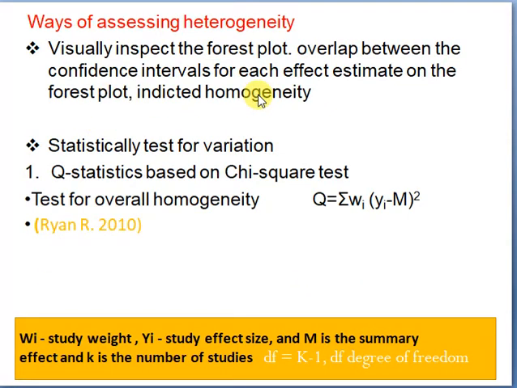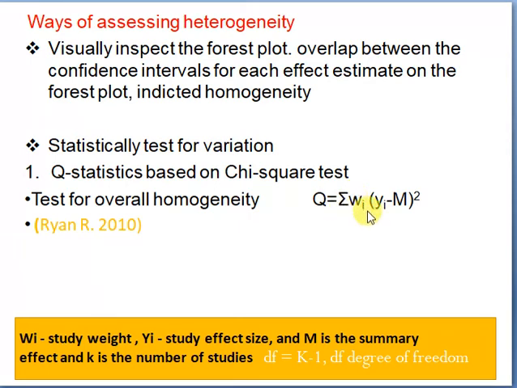Ways of assessing heterogeneity. Visually inspect the forest plot. Visually we can see overlap between confidence intervals. If a lot of studies have overlapping confidence intervals, we can say they are homogeneous. And also statistically, we can use the chi-square test, or test for overall homogeneity, a statistic based